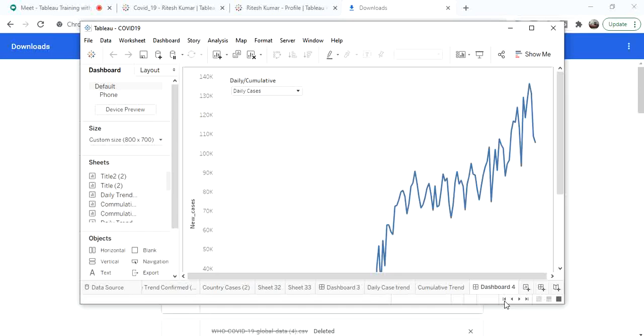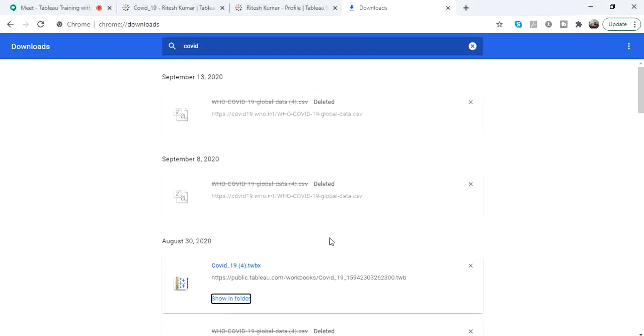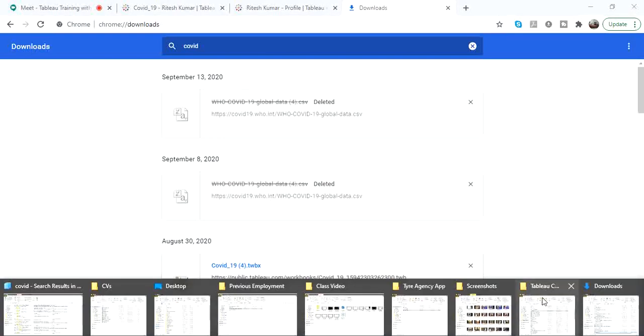This is not the dashboard which I want. Well, I'll start from here. I have downloaded this and